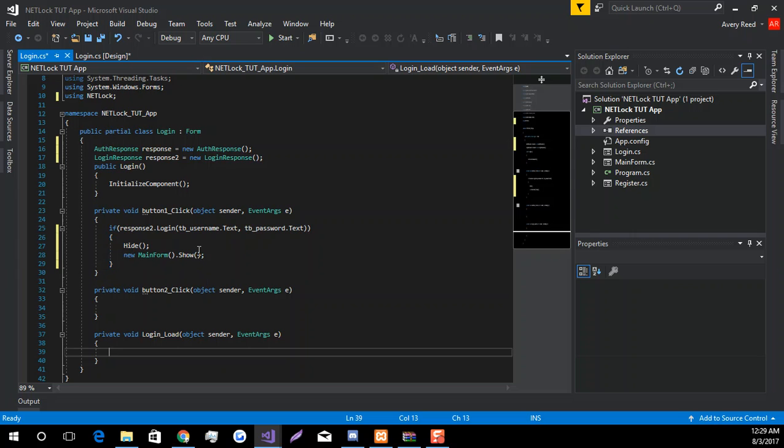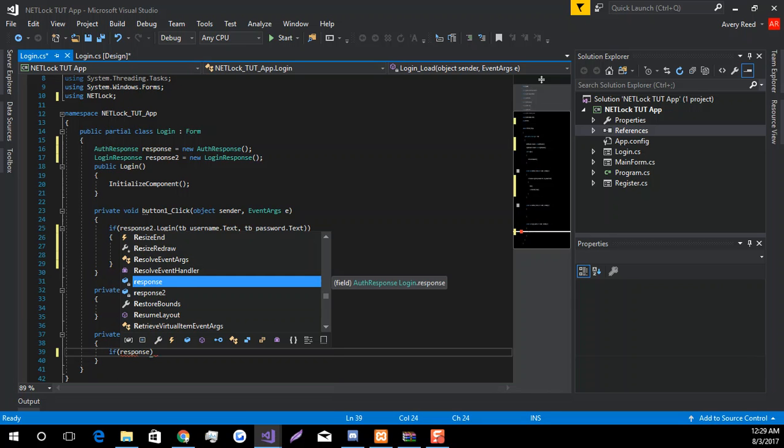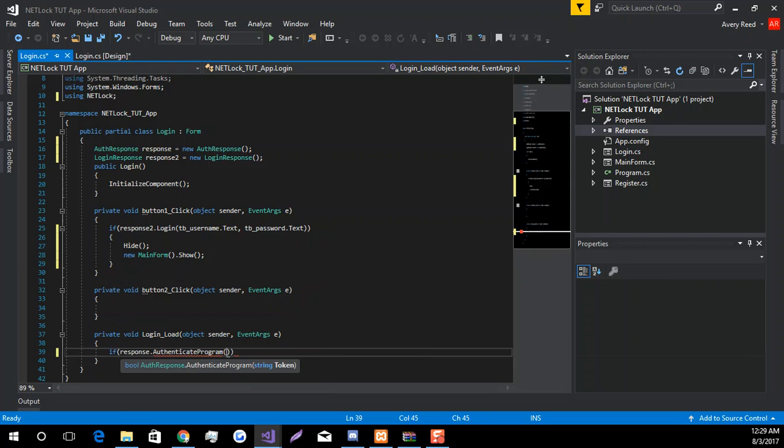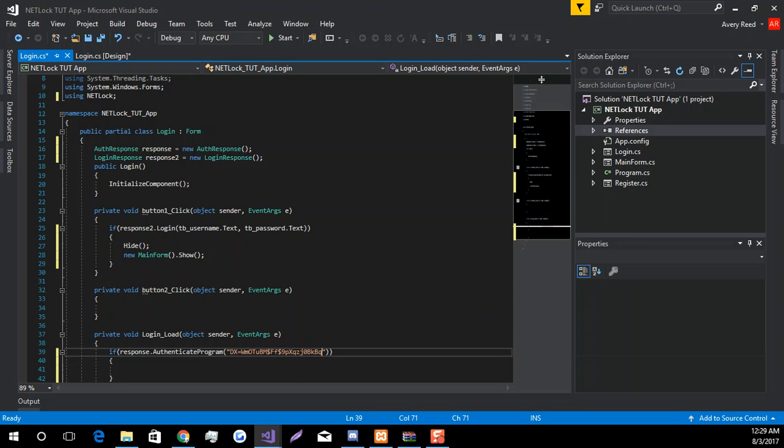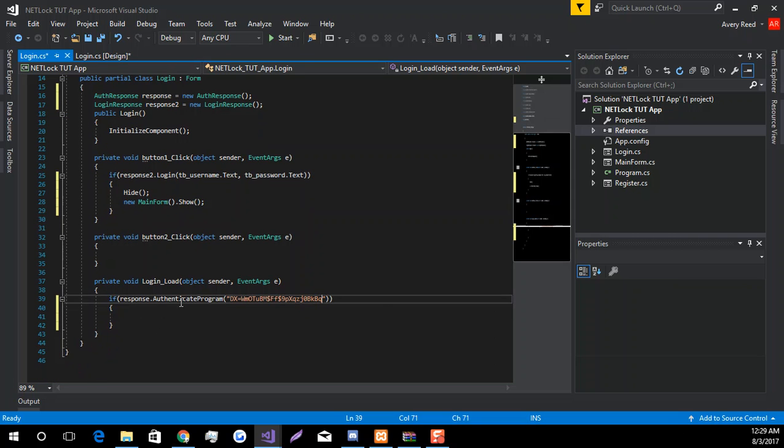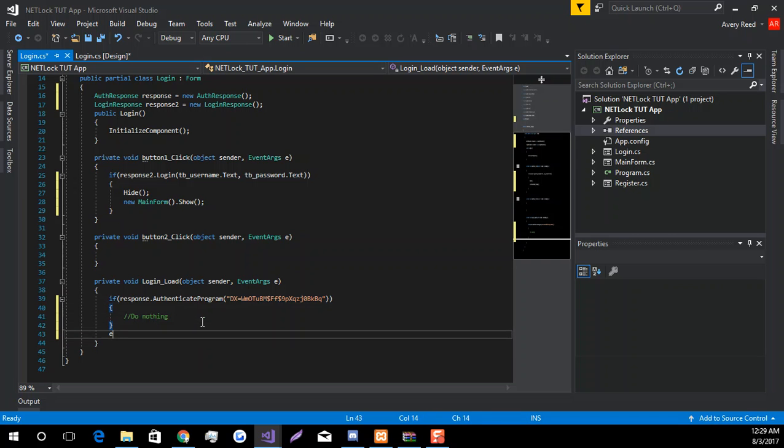And before we can log in, our program has to authenticate on loading. So since we already made an auth response class, we're going to do a response if, we'll make if statement, response dot authenticate program. It's going to be a string. That token that we got earlier from the admin panel, we can just control V that in there. So if our response authenticate program, our token, if our token matches the one that we have stored in the database, we're just going to do nothing. Else